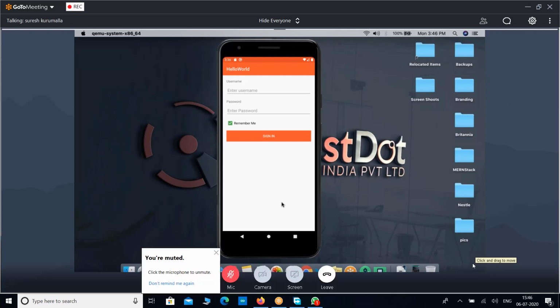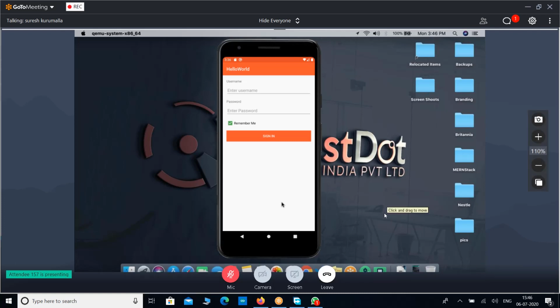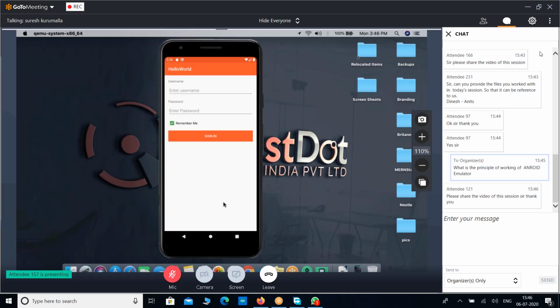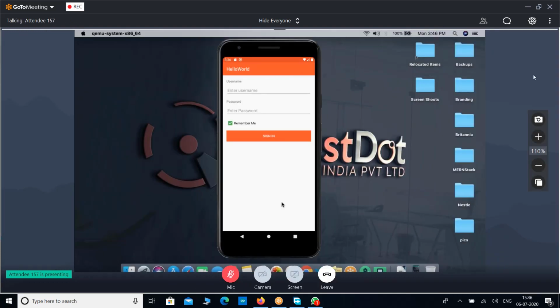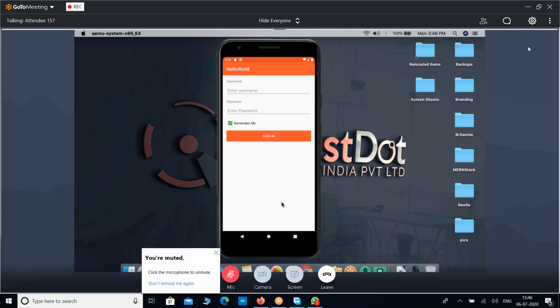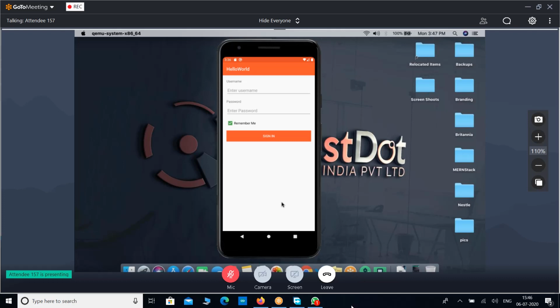One more participant is there, Sai Pawan Shekhar. Sir, how many different softwares are there to build Android apps, like we are using Android Studio in this session? You can choose any IDE to build your application, but in the end that IDE should sync up with the Android SDK. The Android SDK comes with the emulators and the drag and drop elements, so all the core components come from the SDK.